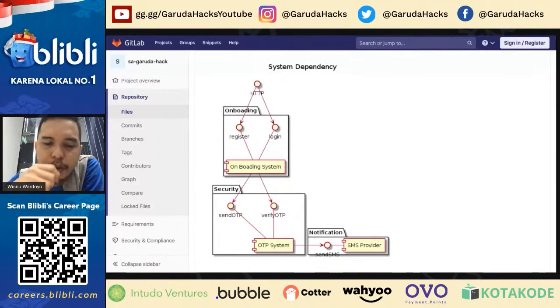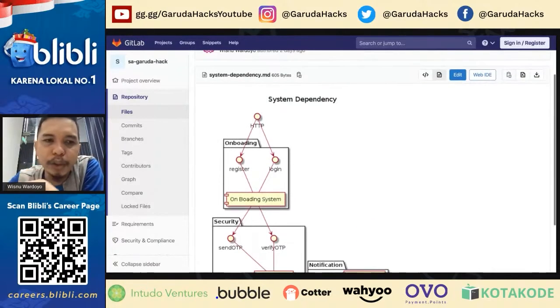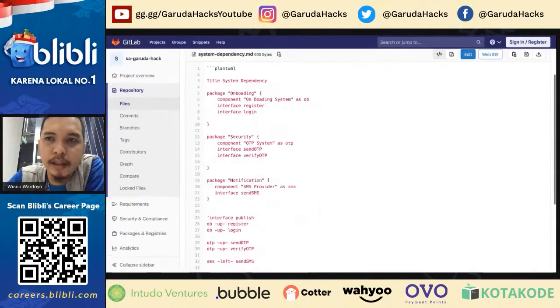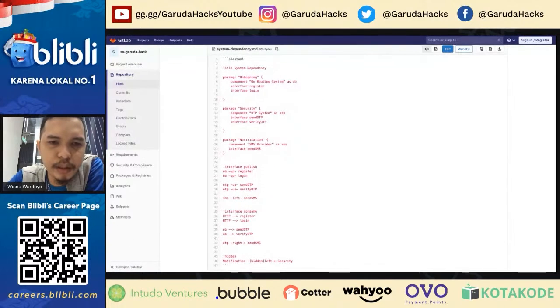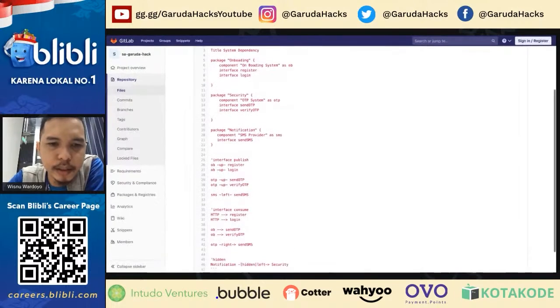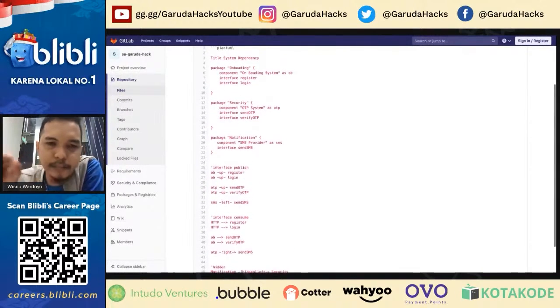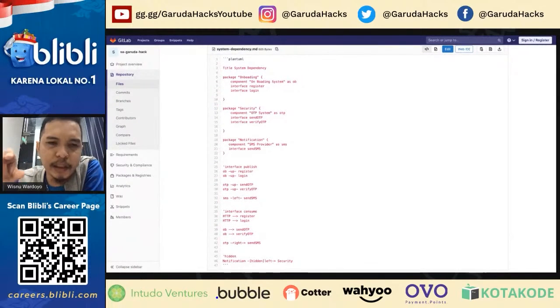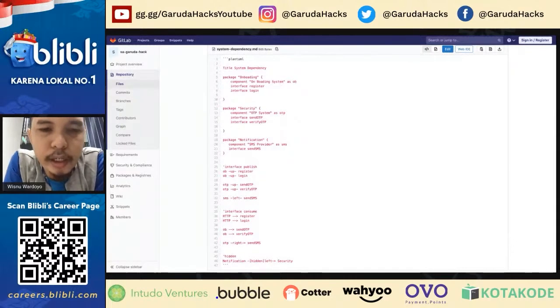Okay, can you go to the source again? This is the source. It's very simple. You can see the package. I divide it into multiple sections. The first section is the package, component and interface definition.